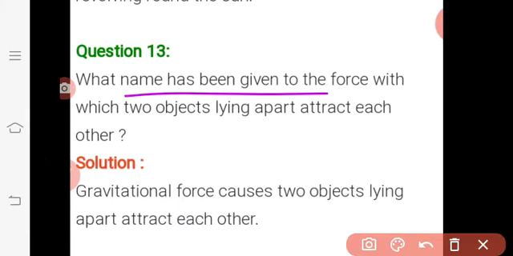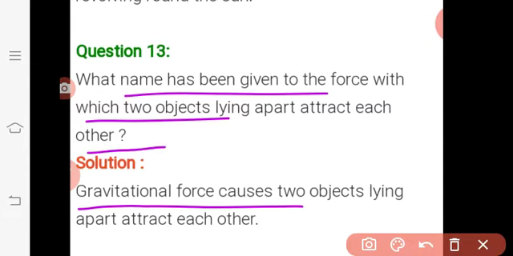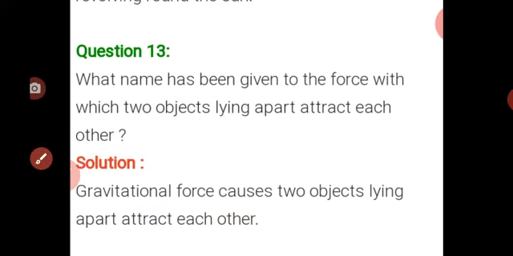What name has been given to the force with which two objects lying apart attract each other? Gravitational force causes the two objects lying apart to attract each other. ठीक है, तो इन सब के लिए कौन रेस्पॉन्सिबल है? ग्रेविटेशनल फोर्स।